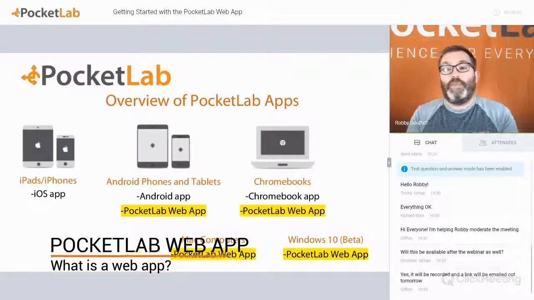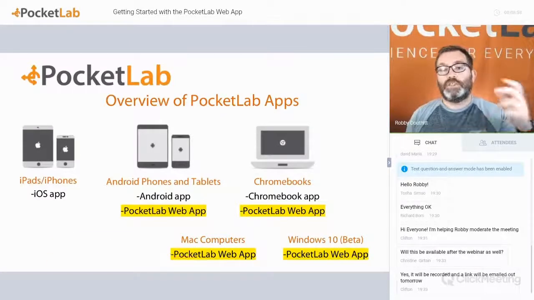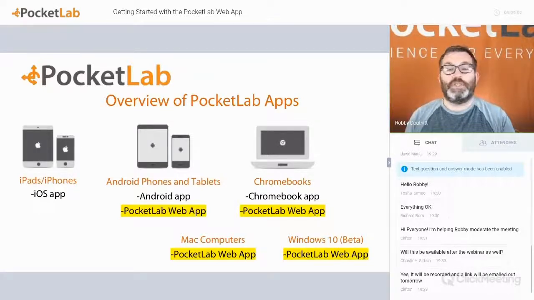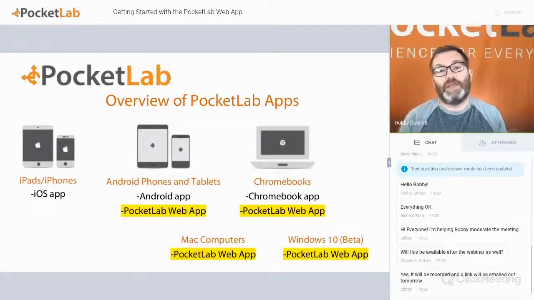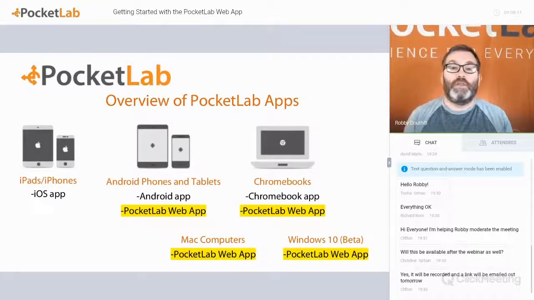What is the Pocket Lab web app exactly? So there's a couple different versions of our Pocket Lab app. One is the traditional app that you would download from the App Store. So if you're using an iPhone or an iPad, you look up Pocket Lab in the App Store and you download that app. You can download the Pocket Lab app on iPhones, Android, Chromebooks, even from a traditional